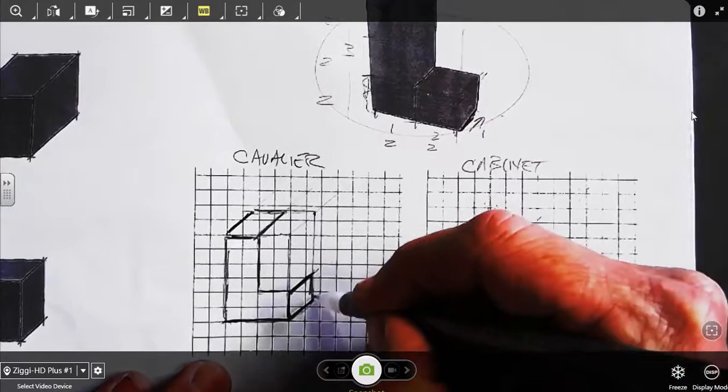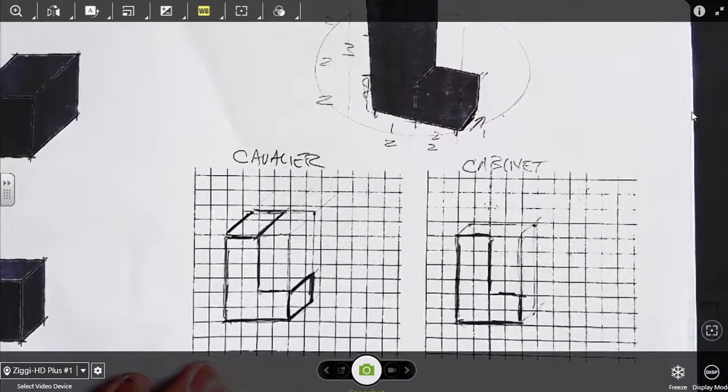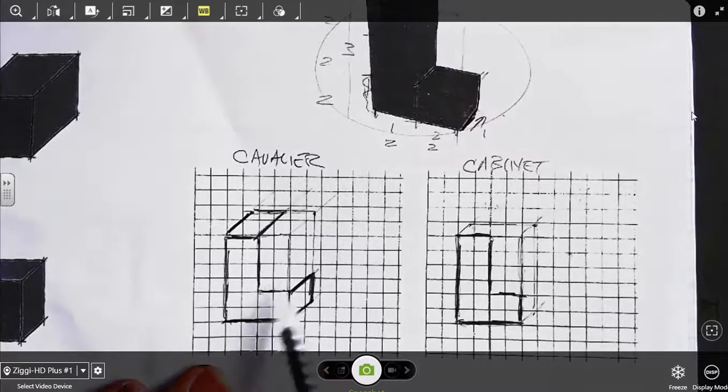Let's see, then I'll connect these two. Alright, now I've got to do the same thing in this corner. So this is the tricky part. I've got to go at a 45